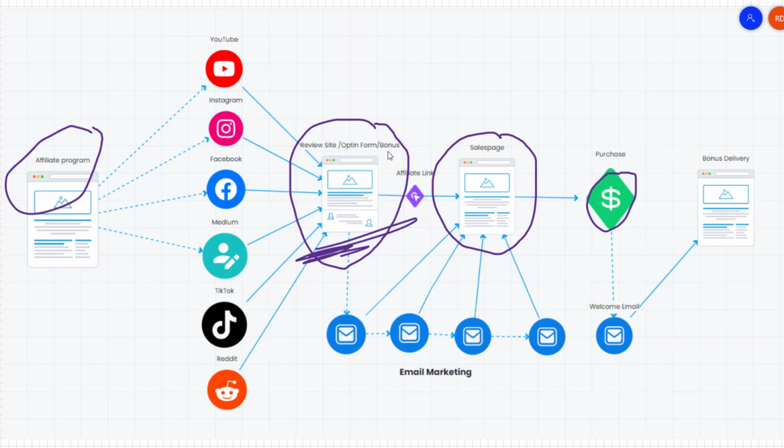Now, what happens then if you use the bonus method, which is the method I'll actually show you an example of, they get a welcome email, and within that welcome email, most of these networks allow you to put a link over to your own bonus delivery page where you can actually thank them, you can provide your bonuses, and then maybe you can also recommend other products and services within this bonus page. Now, once you have them, then even if they bought that product off you, you can remarket to these folks because they become part of your list, and your list is very critical to building your business over time. So this is the actual funnel that we're going to use,